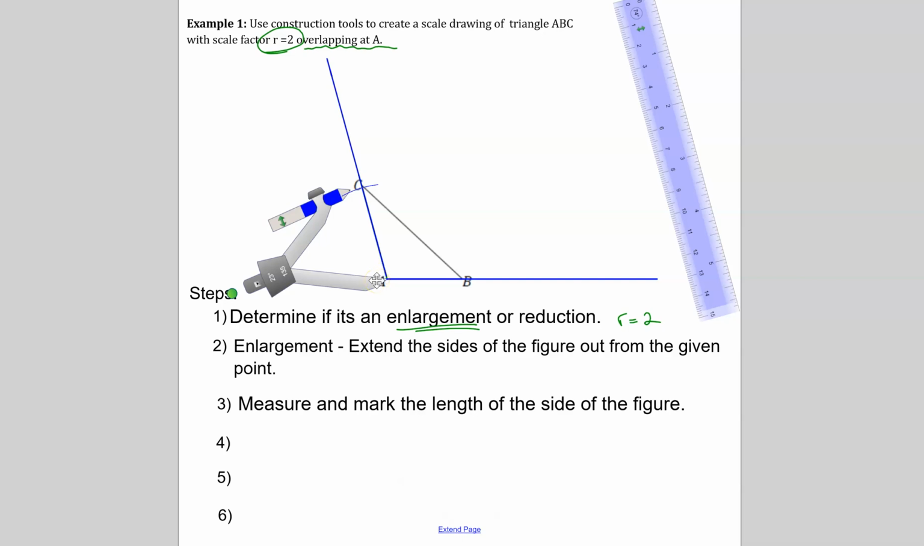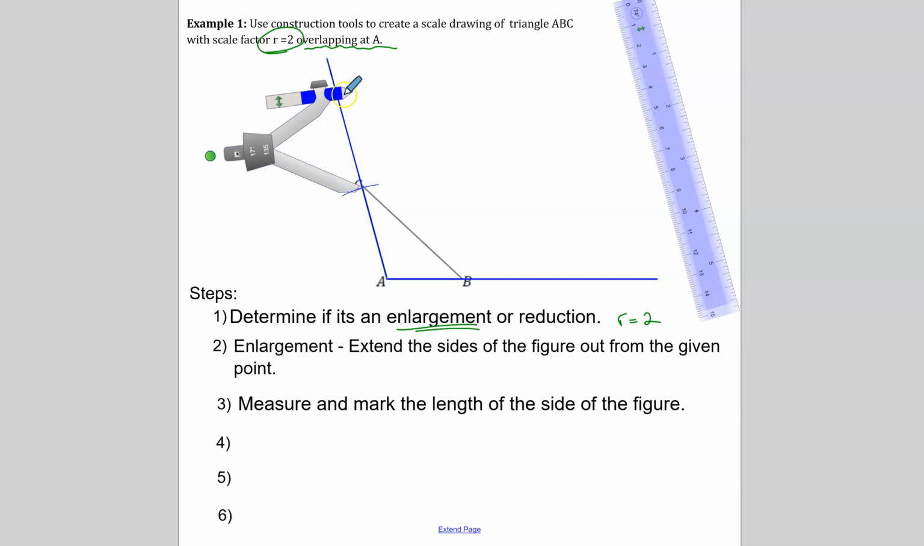Now, I want to enlarge this by 2, so I want to double it. So again, a copy is an R value of 1. You haven't changed anything. So this is 1. We now have 1 mark, right? I want R value of 2, so I need a second one. So if I slide down, put my pointer at the mark we just made, again, being as accurate as you possibly can. All right, now I'm going to take my, without changing the size of my compass,